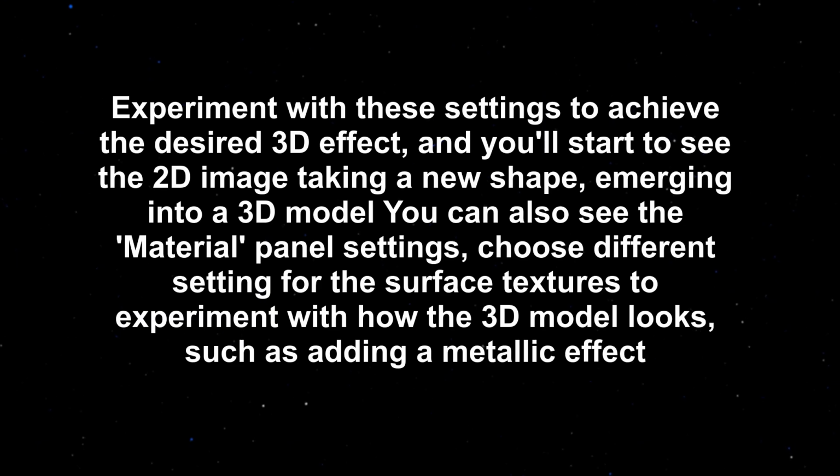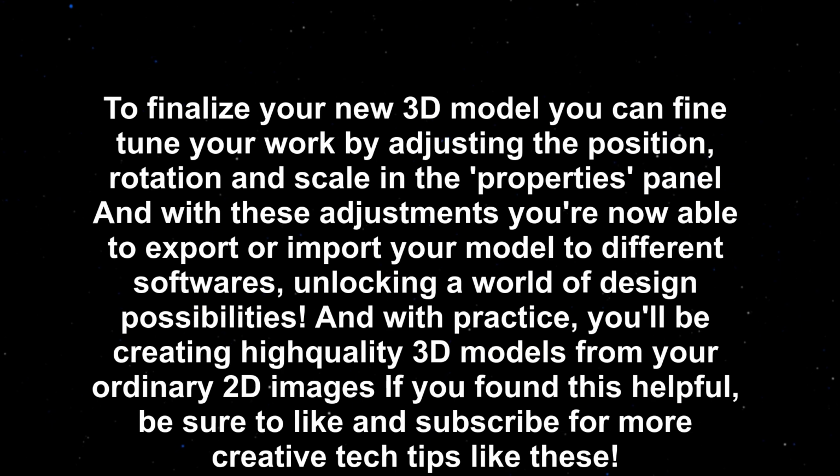You can also see the material panel settings. Choose different settings for the surface textures to experiment with how the 3D model looks, such as adding a metallic effect. To finalize your new 3D model, you can fine-tune your work by adjusting the position, rotation and scale in